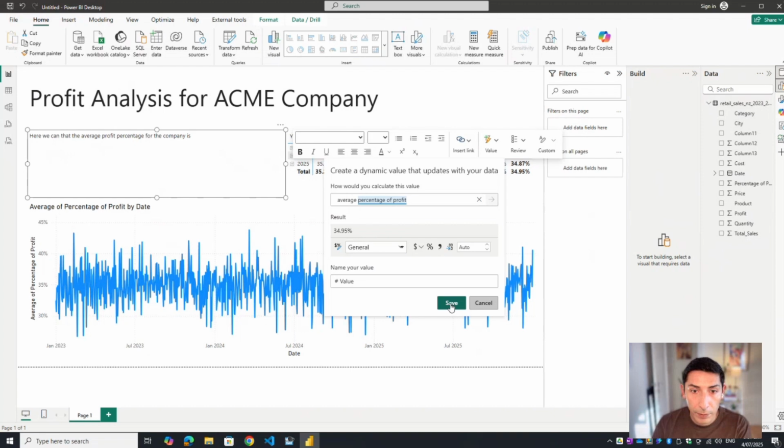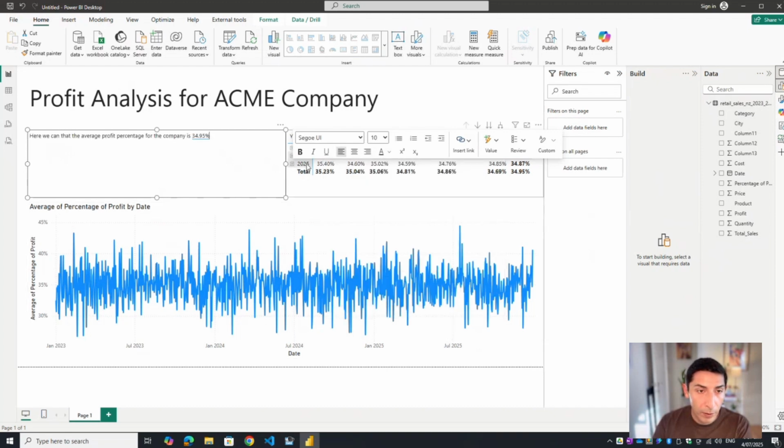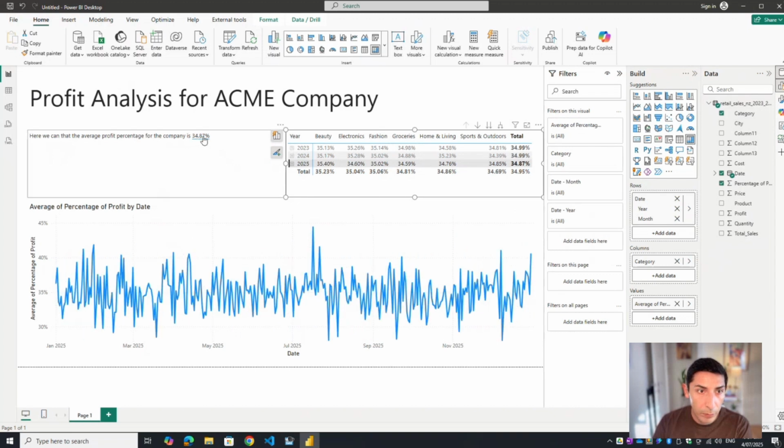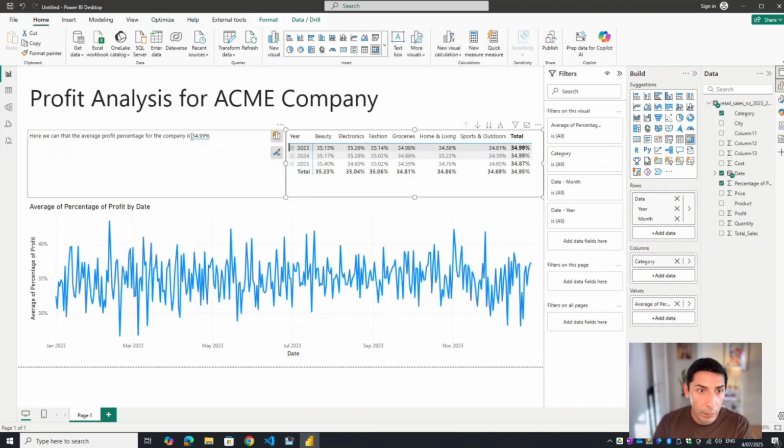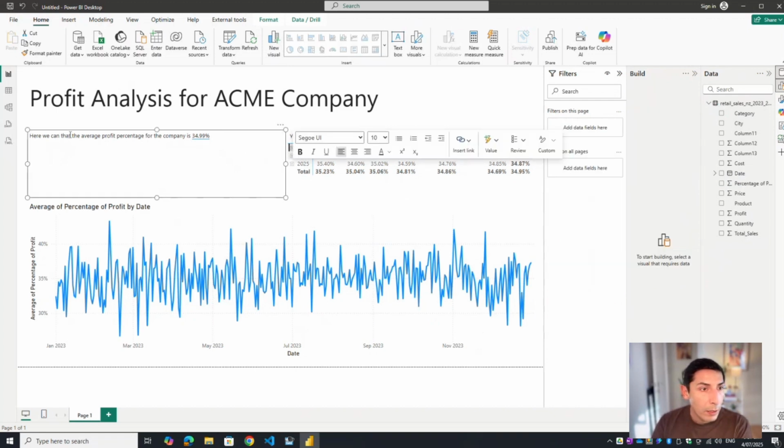All right. I don't know if you have seen this function before, but it will help us to create a proper text, which will vary depending on the filter. For example, if I select 2025, that number will change. And if I select 2023, that number will change depending on the filter that I'm applying. Sorry, let me put it in a better way. In this analysis, we can see the average profit for the company. Company is